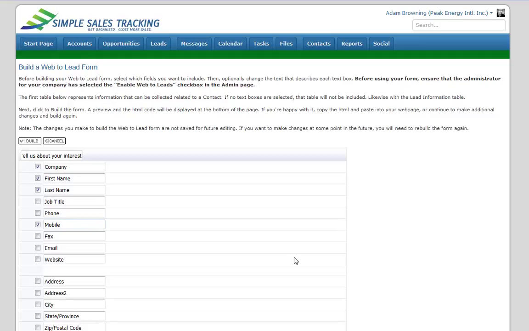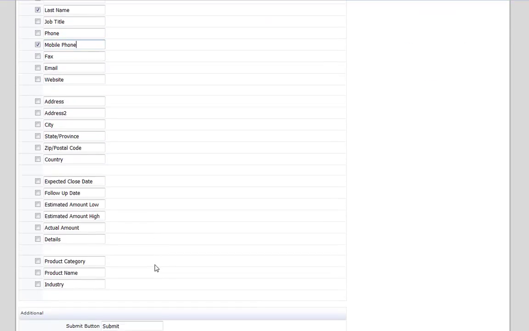You can change what that will actually say. So mobile phone, for example, we could say that. Now that's going to be stored in the mobile field within Simple Sales Tracking. But whatever you want to actually display in the form that would be on your website, that's what you'd choose for the label here. You can also capture your custom fields as well. So, say we wanted them to enter an industry or product name, then we could do that as well. So once we've done that,